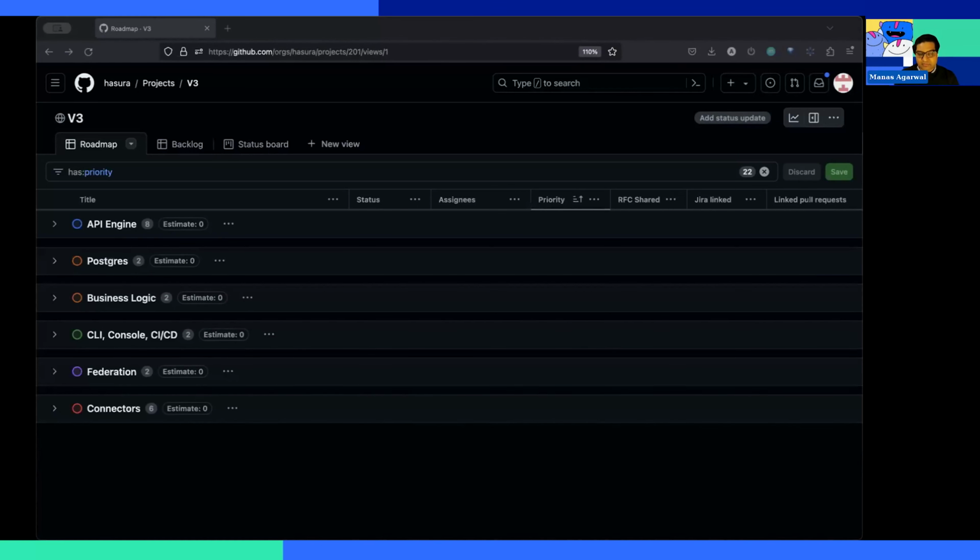Postgres is implemented as a connector. If you remember, in the V2 world, the later set of databases were launched as connectors. In V3, everything is a connector, and Postgres remains the core thing that we implement as the first database against a particular specification. So we want to share what more things we want to add in terms of the Postgres story.